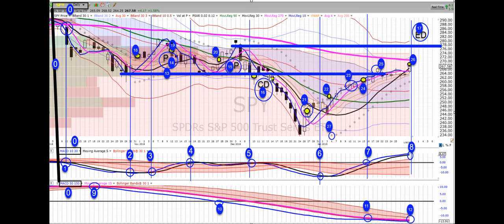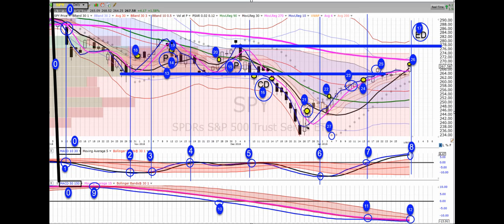But then certainly either one of these two at 16 become collapsing dragon entries. You could get short here. If this had gotten you out, I wouldn't be offended. But the rejection at the RL90, and it didn't even get to the Bollinger Band mean, you got to get short in here or not later than here. And if you got short there, how happy are you? So that's 16. So 18, 19, 20 is the pocket.